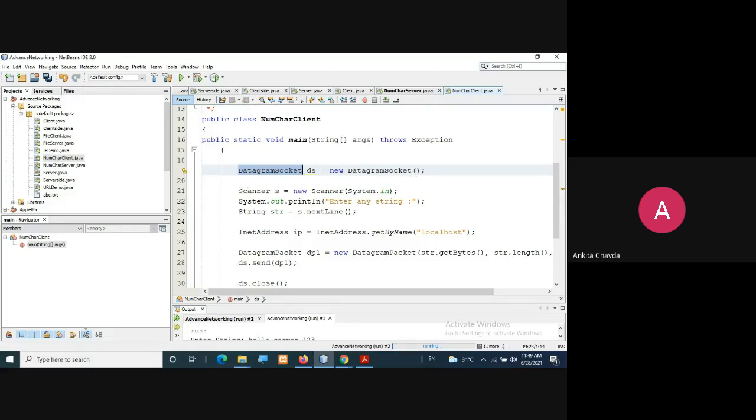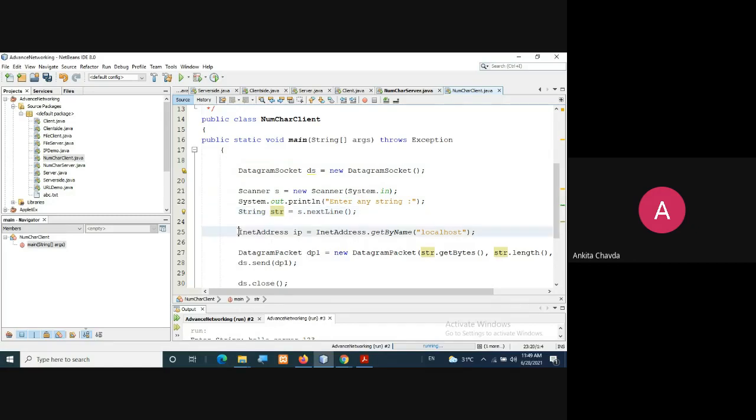Now Scanner s equals new Scanner(System.in), meaning I am ready to take input from the user. I'll simply notify the user to please enter the string. Finally the user will enter the string, which I'll read via the nextLine method with the object of the Scanner class. So s.nextLine will be stored in str.